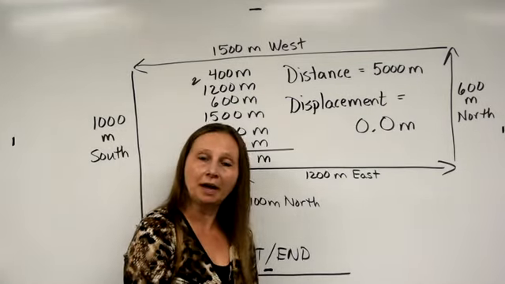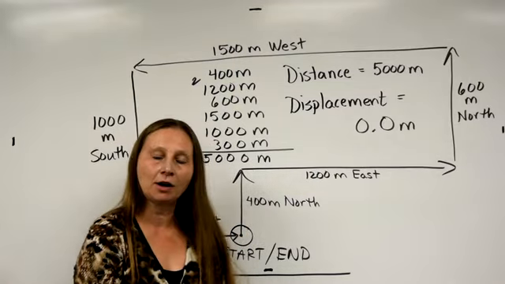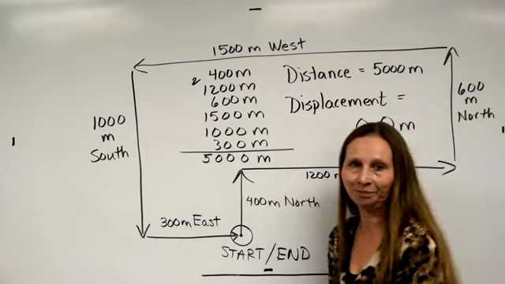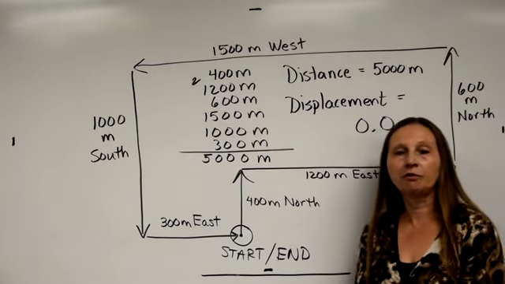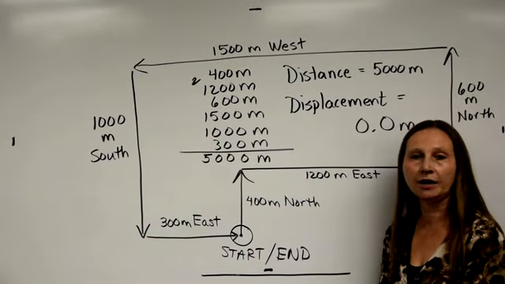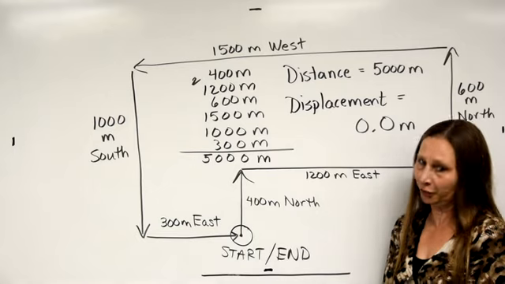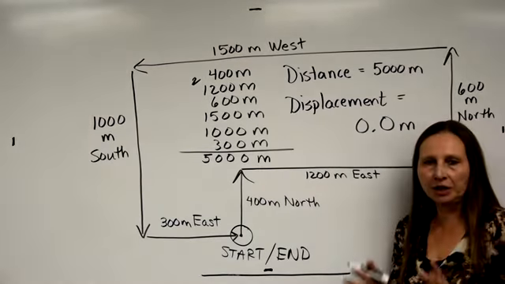Okay, so she obeyed her mother. She was a good girl, and she ended up right back home. She did not get lost. Okay, so she ran her 5K, her 5,000 meters, and she also satisfied her mother's request that she not get lost. Again, a simple